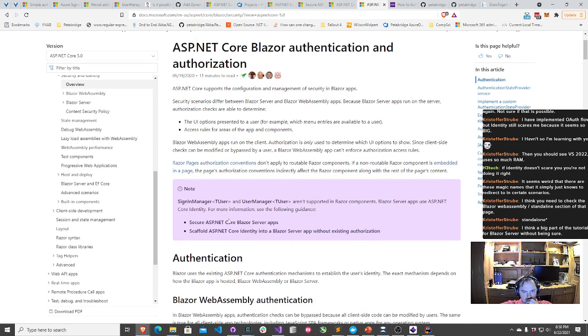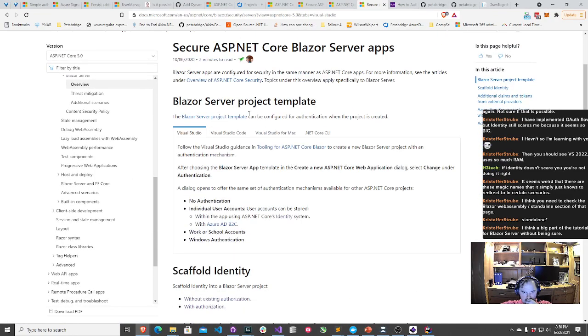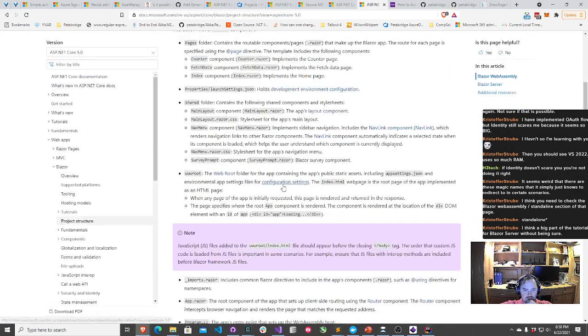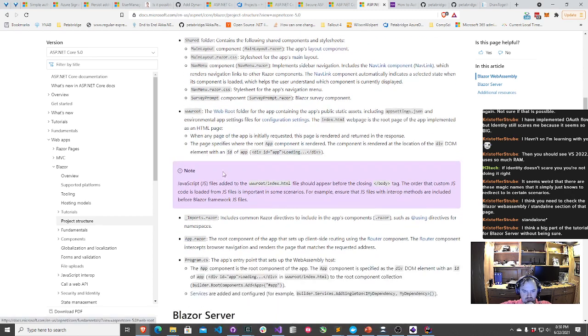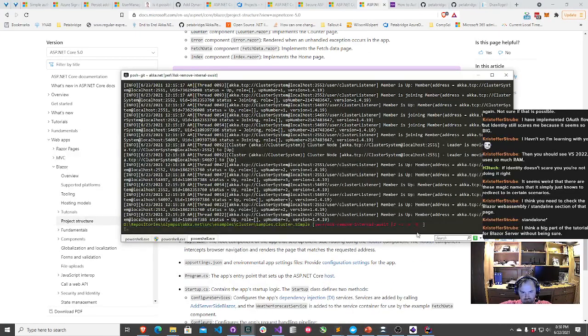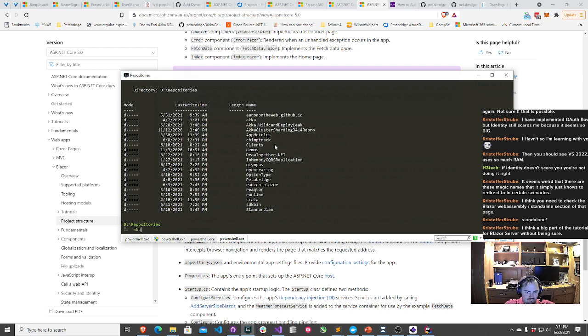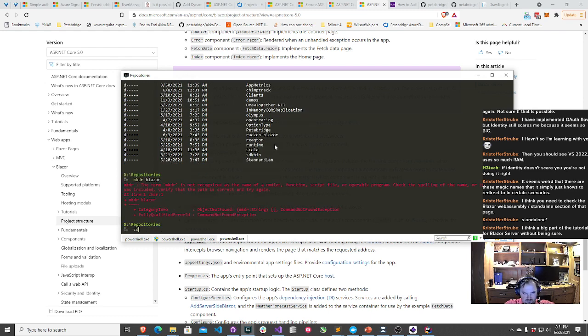Let's see. All right, let's take a look at this template. This is the same template that I was using. Let's go ahead and create a new project, just out of curiosity here. I think a big part of the tutorials for Blazor server, without being sure, go ahead and do a new Blazor directory here.